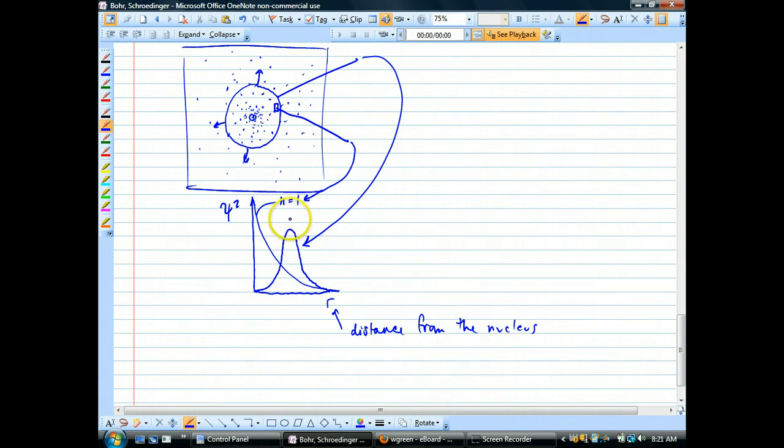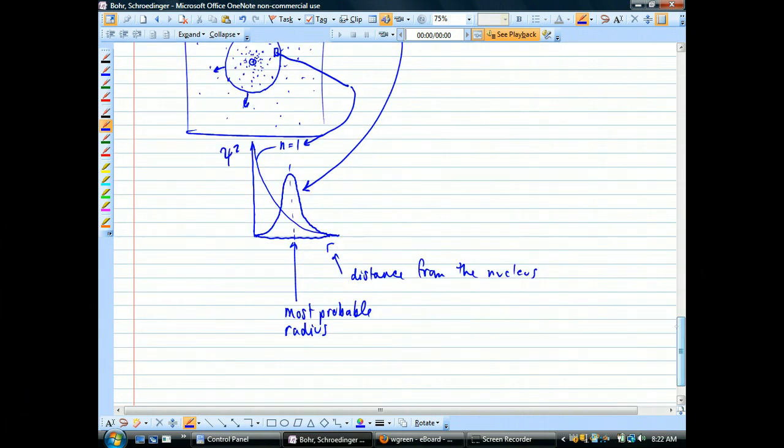And this right here is the most probable radius. And it turns out, and this is kind of cool, that if you do this calculation for hydrogen with the Schrödinger equation, it matches Niels Bohr's